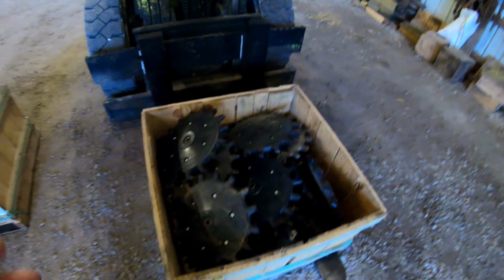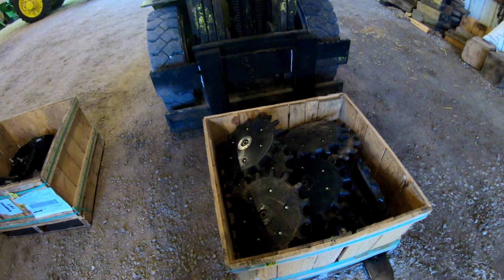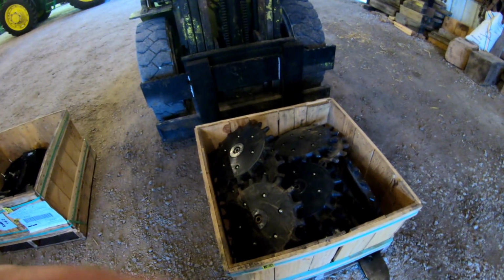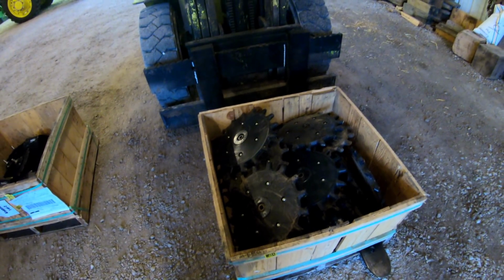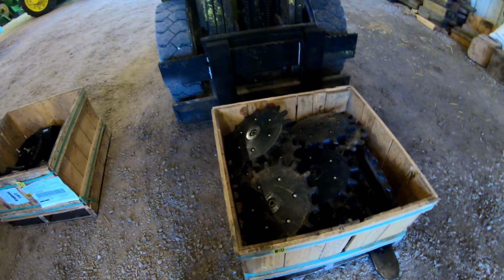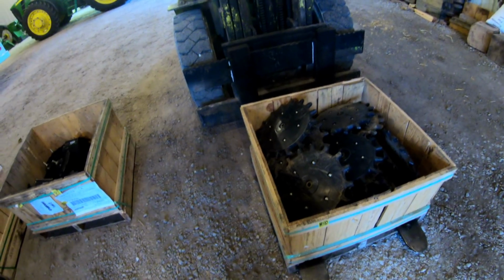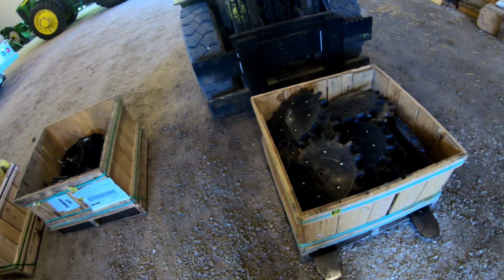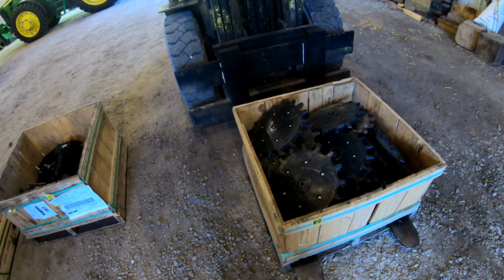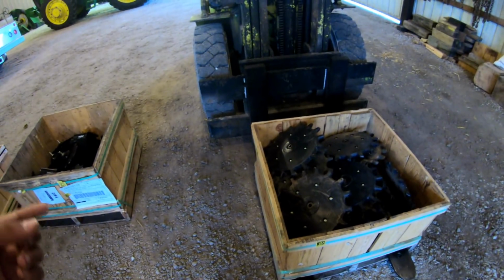Now for these, there's a lot more of these than what I need, but I couldn't figure out why at first. But then I remembered, originally way back when, I did get 16 of these to demo, which these are the Yetter twisters, which in my opinion, these look really nice compared to the Copperhead Ags. I actually kind of like these. We haven't run them yet on the planter, but I almost like these better than I do the Copperhead Ags currently, actually, just because of their design. But a way back, probably June, I think, early June, or mid-June, I actually got 16 of these to put on our planter, the 16-row one,